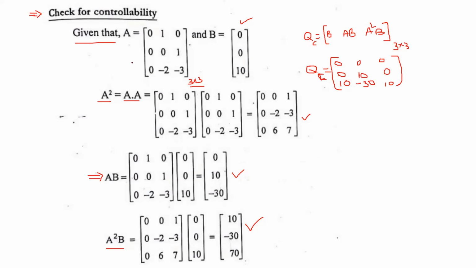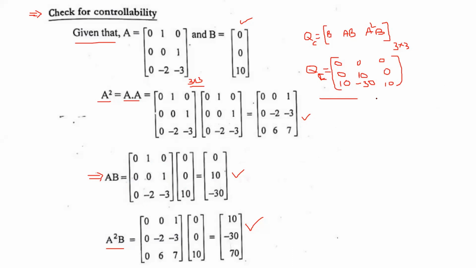Use the calculator. If suppose matrix A is there, and you need to find 2 times that matrix, define the matrix A, then multiply A into A. Directly the answer will be given. Use the calculator directly and don't go to the physical multiplication, that is 0 into 0 plus 1 into 0 plus 0 into 10, like that. If you do like that, it will take more time. Better to use the calculator directly, define matrix A and matrix B values, and automatically it will give the result.